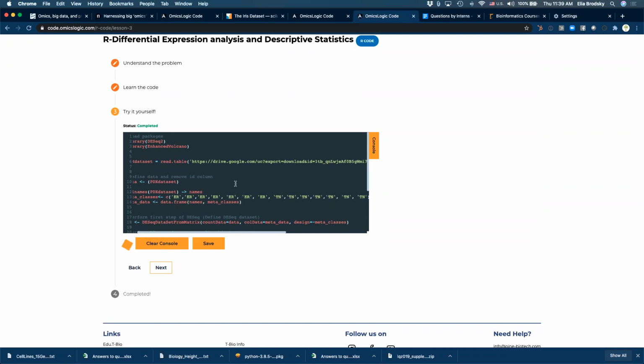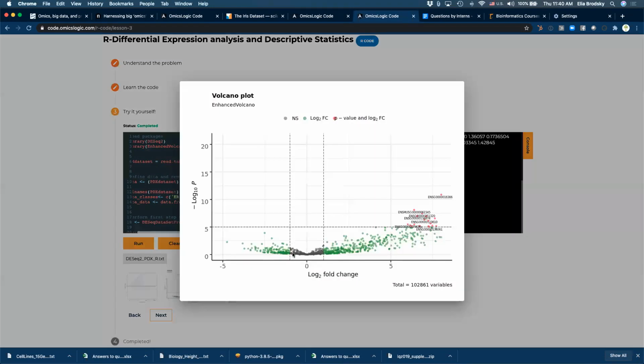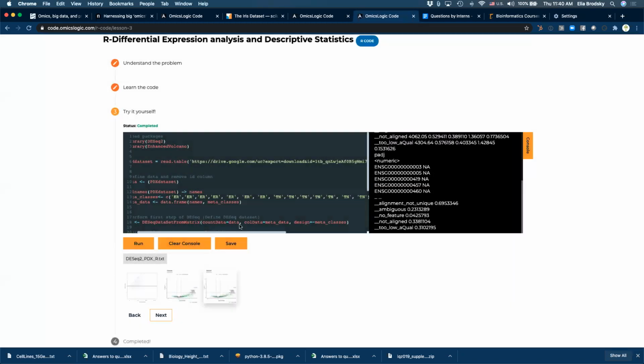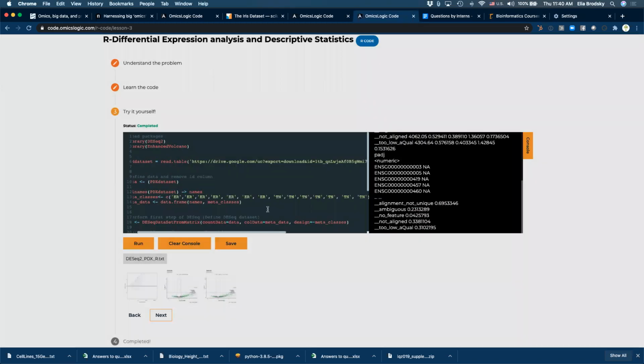To find those differentially expressed genes, we can use a statistical test, and get a heat map of our results. It might take a little bit of time, but you will see the results here, a result of the differentially expressed genes. And then we'll also create a heat map for this result.